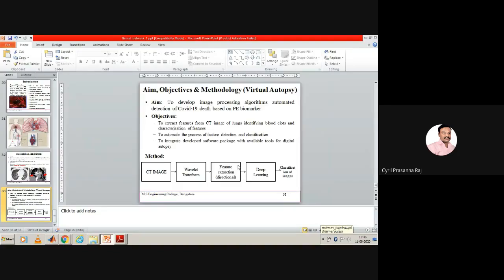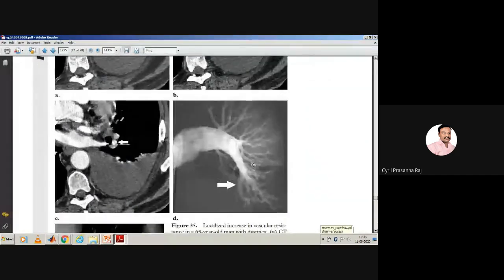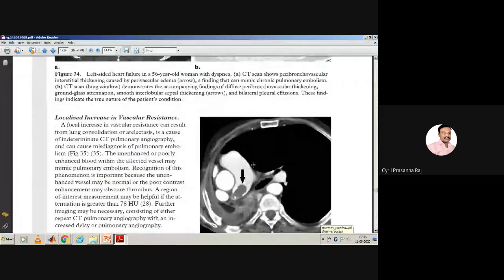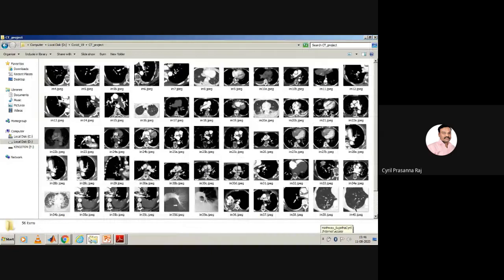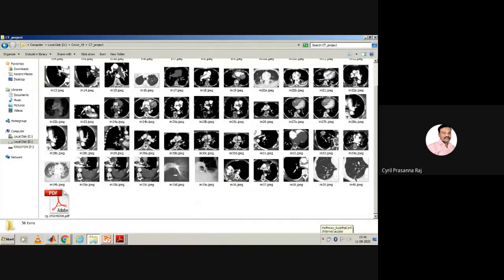And then I want you to run this program. First, read this paper. Completely read this paper and understand what the images are. I told you figure 34 implies I have stored an image as 34 here. These images will also be shared with you along with this paper. So read this paper first, then try to segregate the images as normal and abnormal, and then write the MATLAB code for performing classification. This is the task that we are going to do today, and I want you to do it.